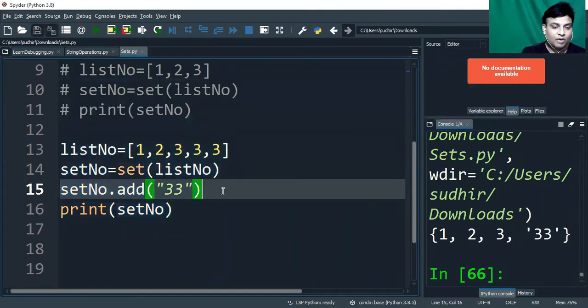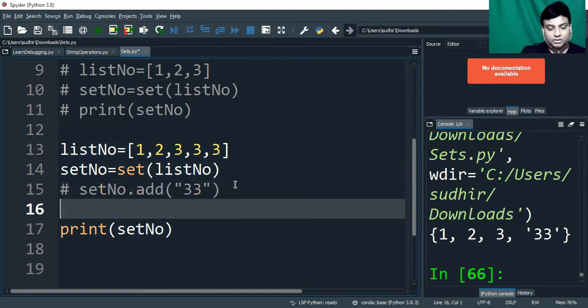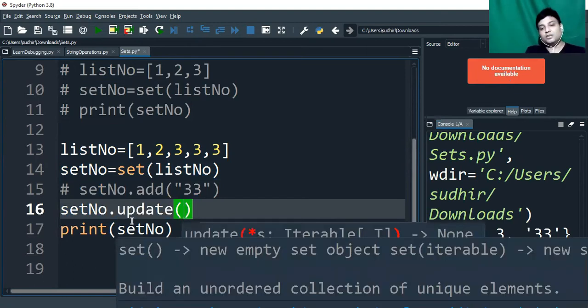We have one important function over here, so I'm just commenting this line. That function is update. What is this update? Update accepts an object which can be a list, for the purpose of extending the set.